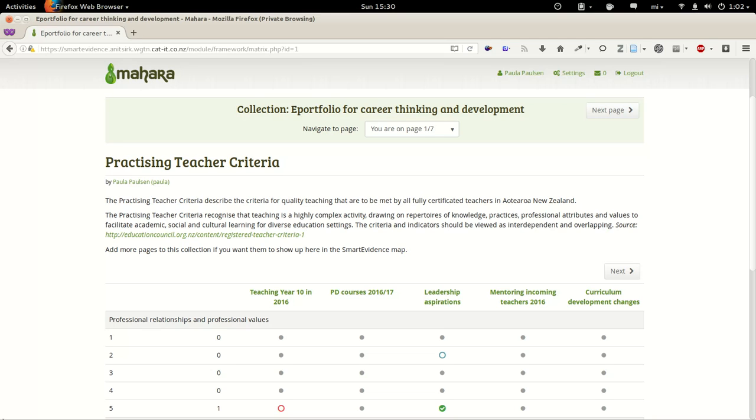This is Christina from the Mahara project with the second screencast on SmartEvidence. While the first one gave a brief overview of what SmartEvidence is and how you can work with it, in this one we are also going to take a look at how you can actually set up your evidence standard file,